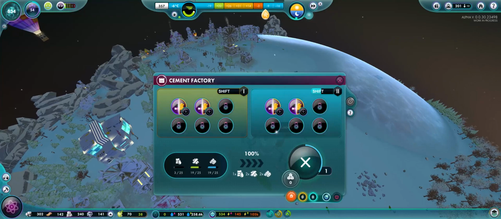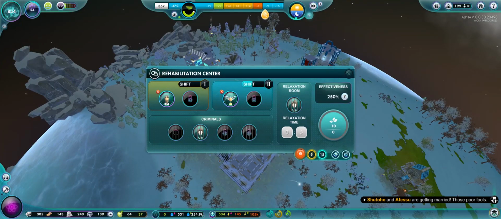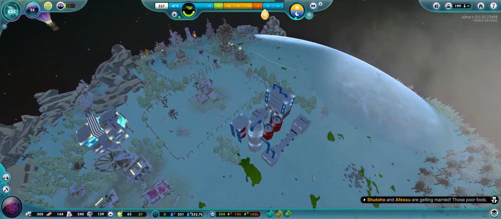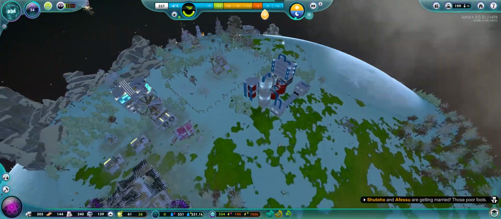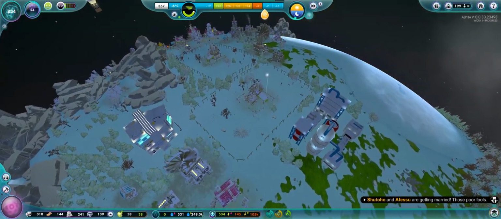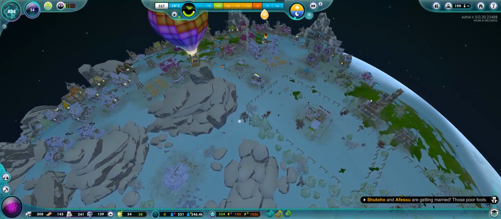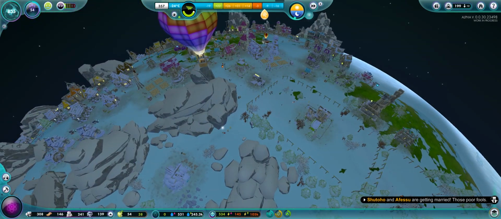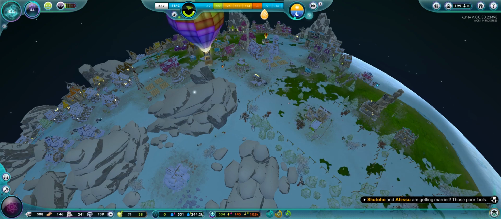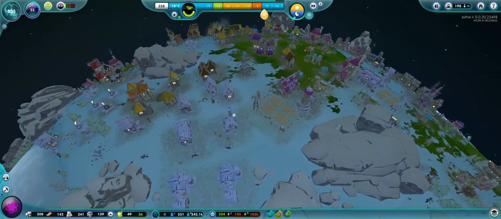And then down here I have the cement factory, which I think you guys already saw in my previous episode. And then I have the rehabilitation center. This was up here, but a tornado swept through here and demolished everything, so I had to rebuild it. And the other interesting thing that I found, which I mentioned in the beginning, is irons. I may be mistaken, but I was really keeping my eye on it, and it seems like irons are only transferred by engineers,